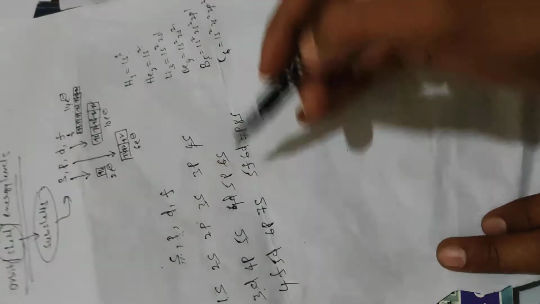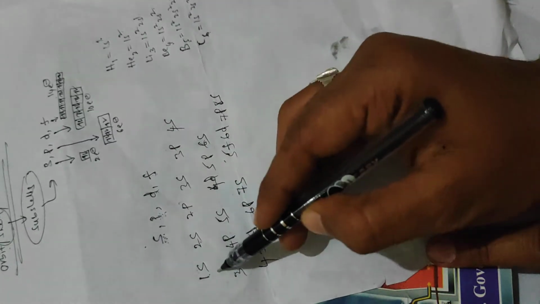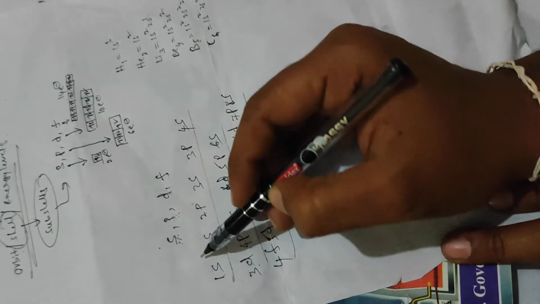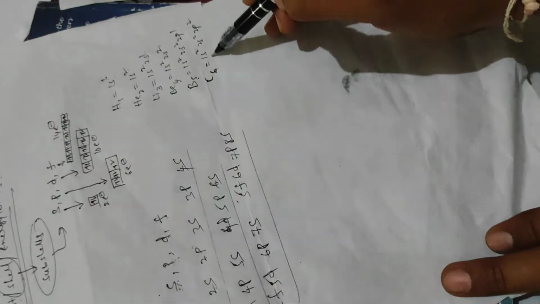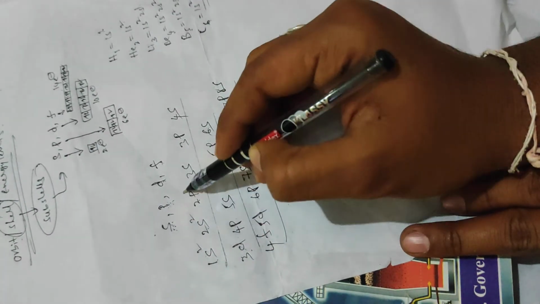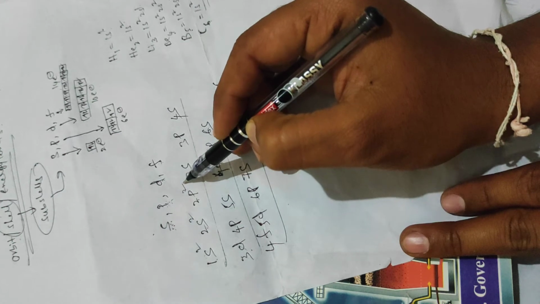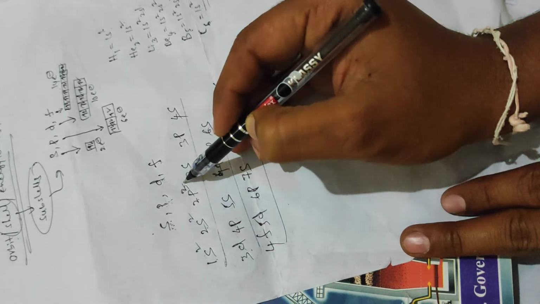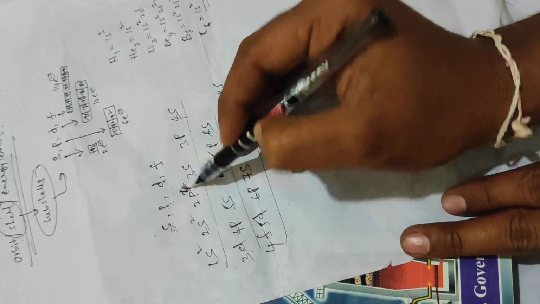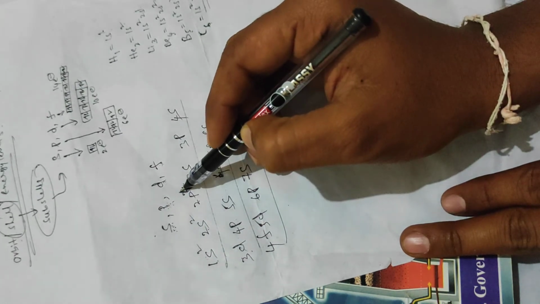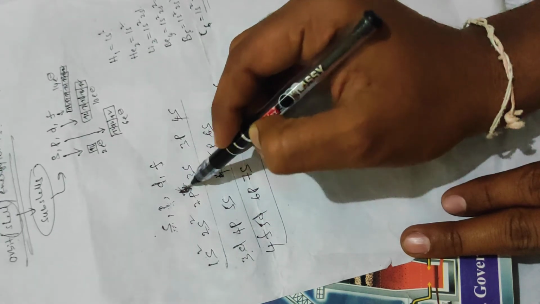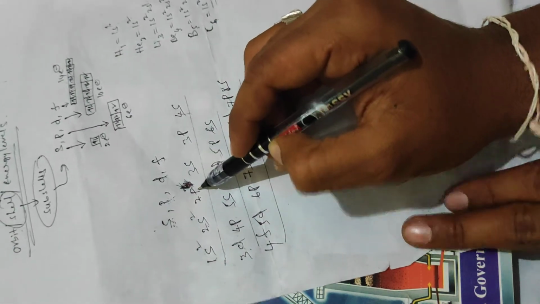So when you are writing electronic configuration, it is simple. If you are writing carbon, 1s2 2s2 2p2, just write down here 1s2 2s2 2p2, like that. If you want nitrogen, it is 2p3. If you want to write oxygen, it is 2p4. Fluorine 2p5. Neon 2p6, like that.